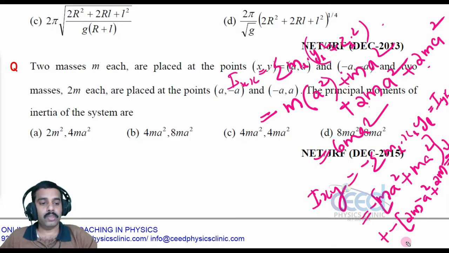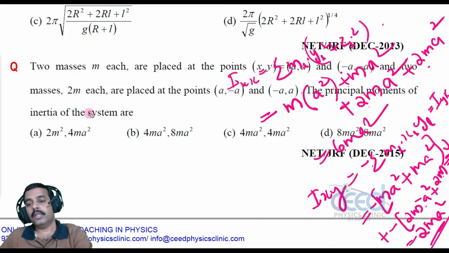So when you simplify this, you have 2ma square minus 2ma square minus 2ma square. So this will be 4ma square minus 2ma square, that is 2ma square. And z coordinate is 0, so Izx equal to Izy equal to Iyz is equal to 0,